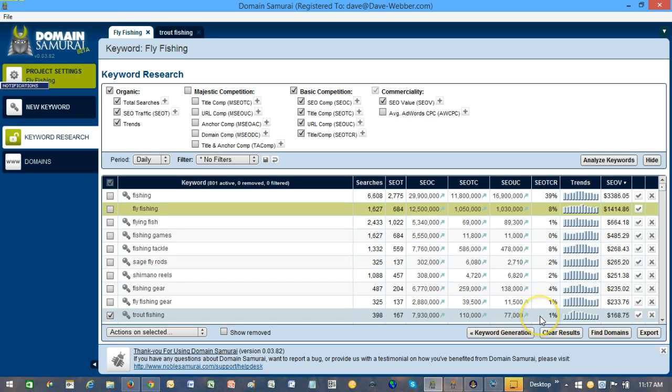So you can do some broad term like fly fishing, and it pops up and says, hey, trout fishing has 7,930,000 mentions on the internet, but only 110,000 of them have it in the title. But there's actually 4 things that we want in order to get up to the top of the page. So we look over here and say 1%. That's almost